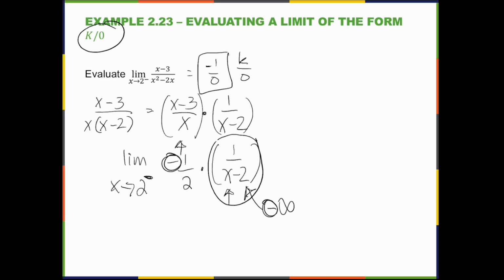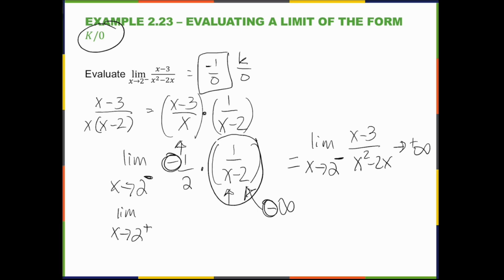So that tells me that the limit overall, after we look at the whole thing together, the limit as x approaches 2 from the left of this function, x minus 3 over x squared minus 2x, is going to approach positive infinity. It's going to grow without bound. Now, let's say we were approaching from the right-hand side. Let's look at it, even though it's not technically part of the problem. If I take the limit as x approaches 2 from the right,